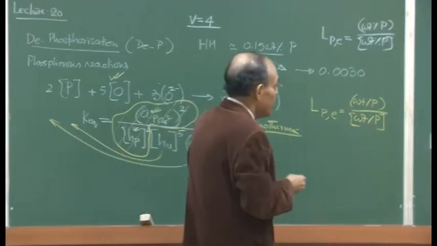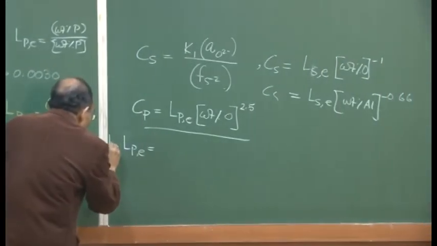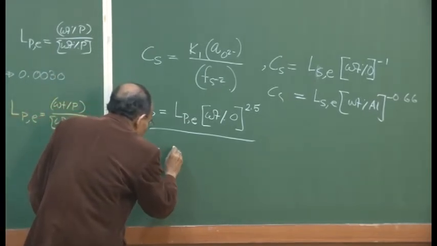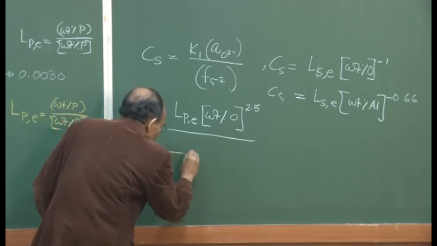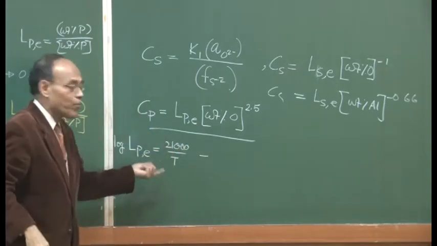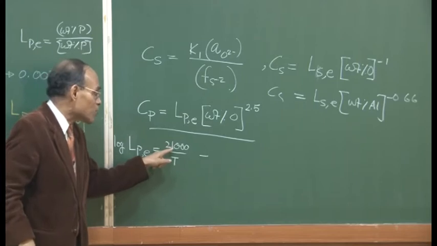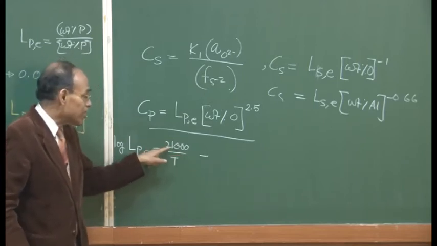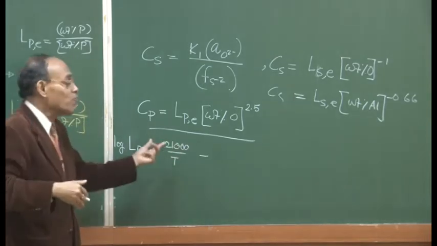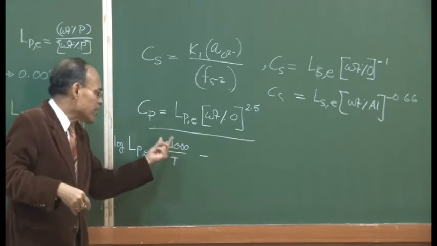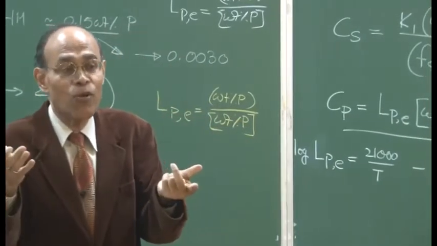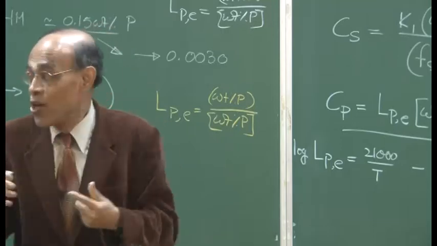So, LPE is similarly expressed in terms of, I would say, log LPE. Okay, log LPE is equal to it is I think 9 minus this is 21,000 over T approximately. These values again I would say somewhere you may find that it is 21,780, somewhere you will find it is 21,900. So, these are experimentally determined values. So, there is going to be some variation from source to source and a reasonable value, and if you want to apply, I think in your calculations a value of the equilibrium constant, I would suggest not to